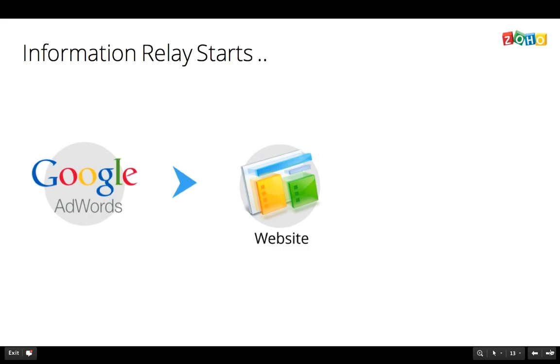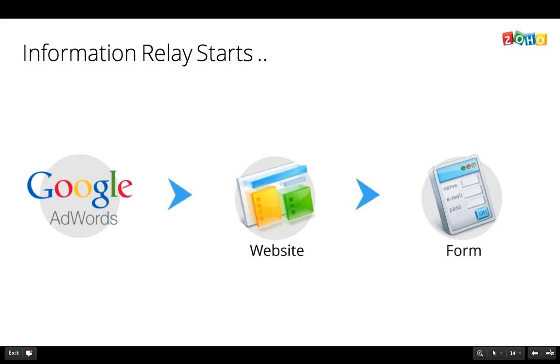Now Google AdWords helps us place ads on the World Wide Web. We buy a set of keywords, we generate some ads for those keywords, and based on how much we bid, we get to place our ads on the web in a specific geography, a specific location, or worldwide also. Now when someone clicks on that particular ad, the person comes to the website. And then what happens?